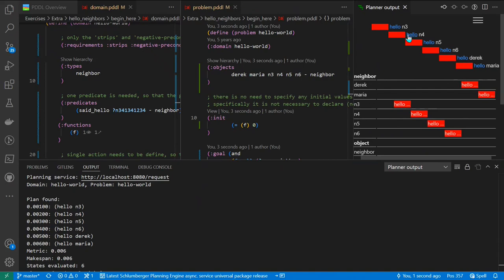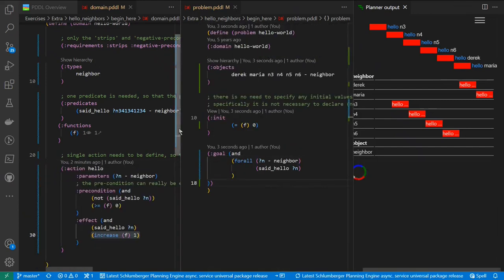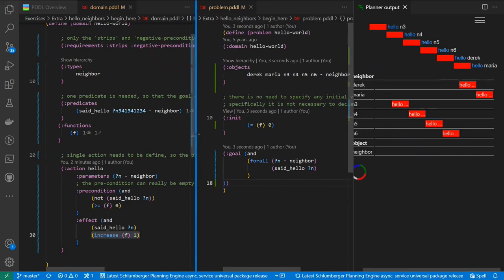And it does them in a particular order. It wouldn't quite know any difference from greeting one neighbor versus another. So each planner will take an arbitrary decision about the ordering here because it's all still the same cost of any permutation. So that's an example of using objects and types in your model,